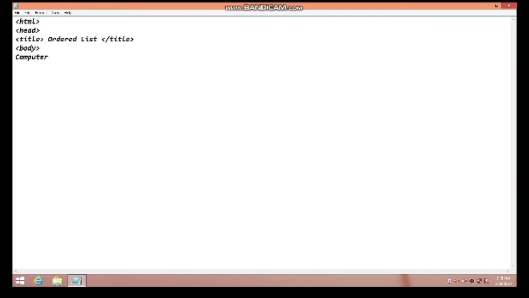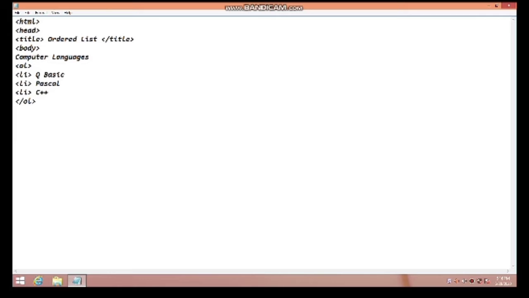Now we are going to use the OL tag, right? So we'll give OL. This tag is used to represent an ordered list, right? Now we'll write the list item. To write the list item, we give the LI tag. What is LI? LI represents the list item. So we write all the list items here. Here I have written QBasic, Pascal, then LI tag, I have written C++, because they all are computer languages. Now after giving all the list items, we close the OL tag.